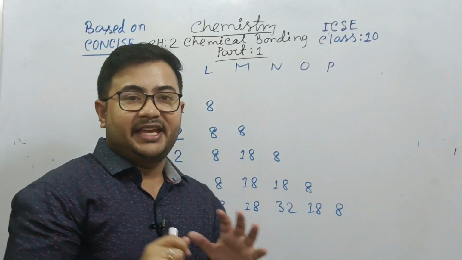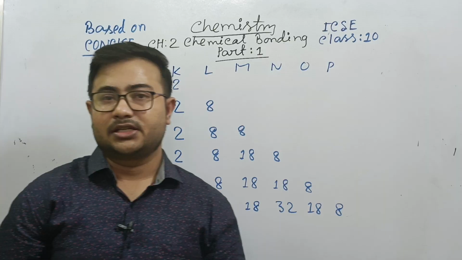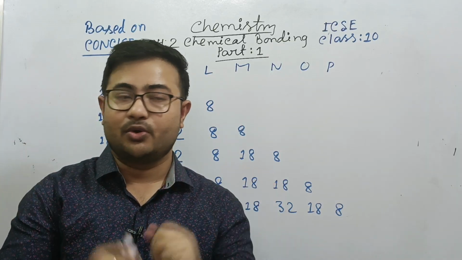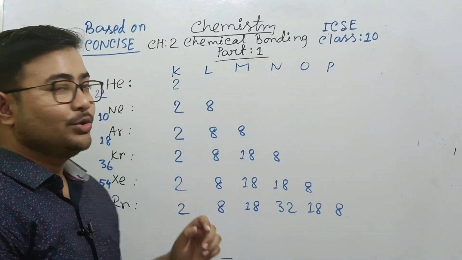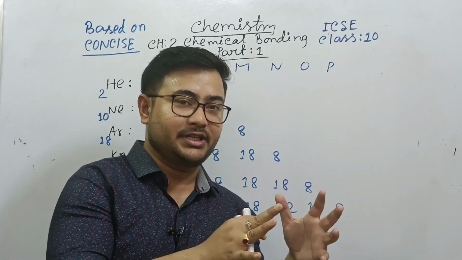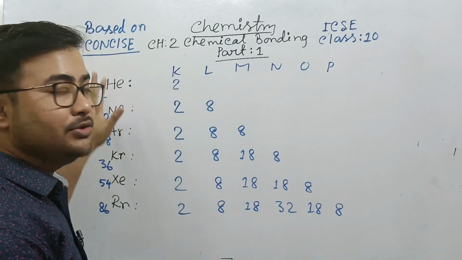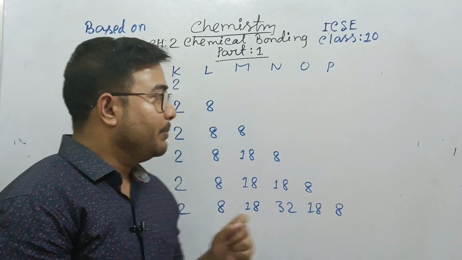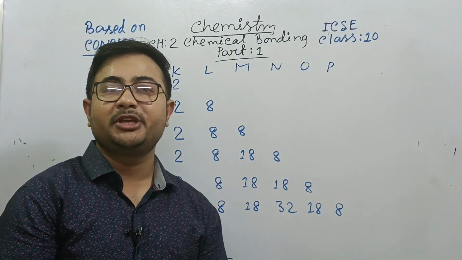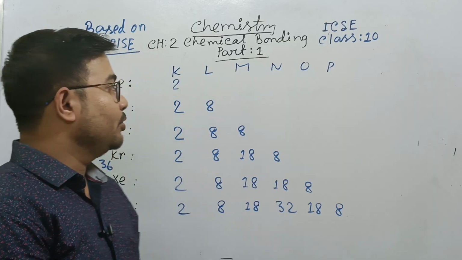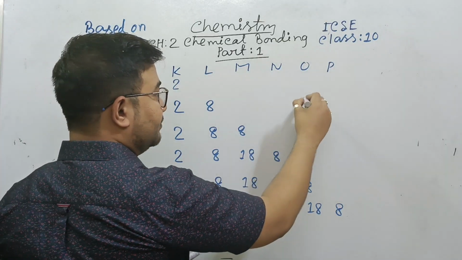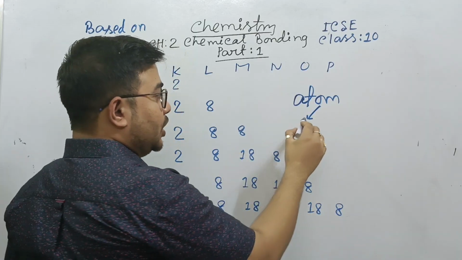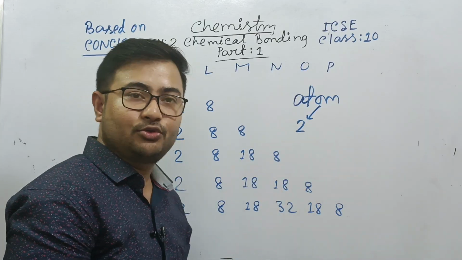Now everything in the world wants to get stability, everything. We don't have interest in everything, we have interest only in the atom, but everything wants to get stability. But in case of atom, what do you mean by stability? Look at the board. In case of any atom, stability means to fill up 2 electrons in the outermost shell,